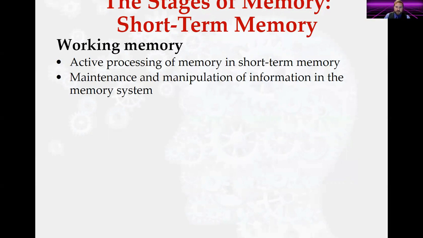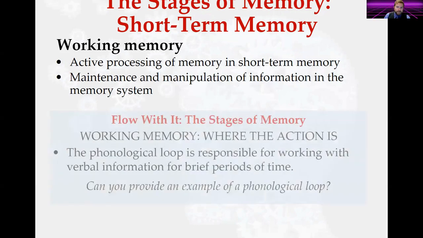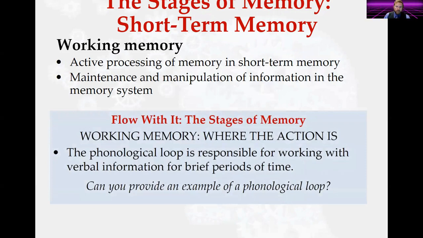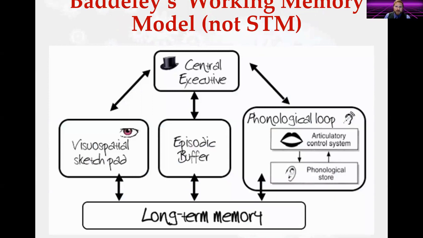Working memory assumes that we're constantly manipulating information in real time. That short-term memory is more of an active process. So the components of working memory are the visuospatial sketchpad, the episodic buffer, the phonological loop,